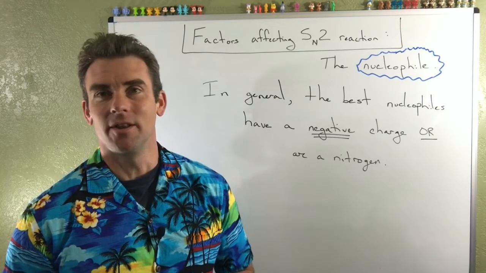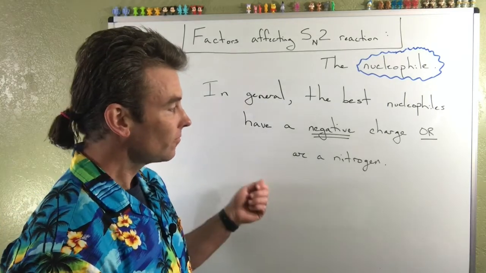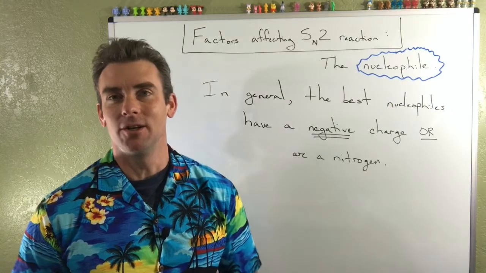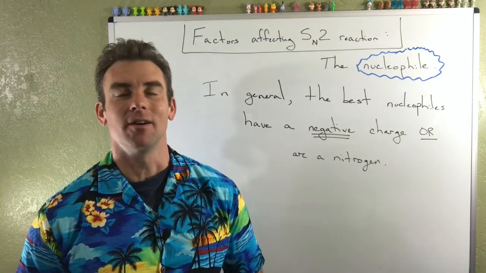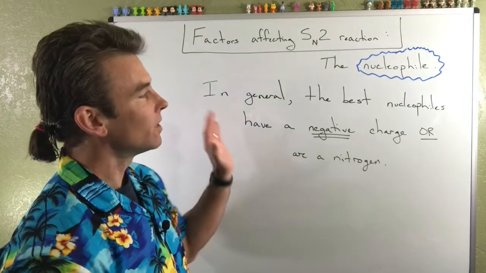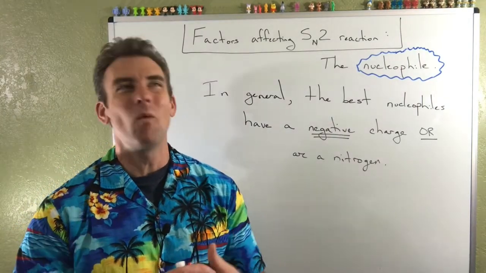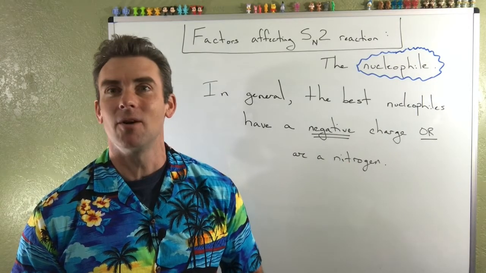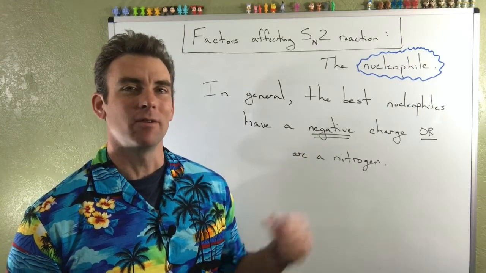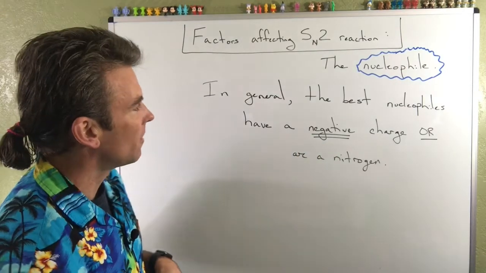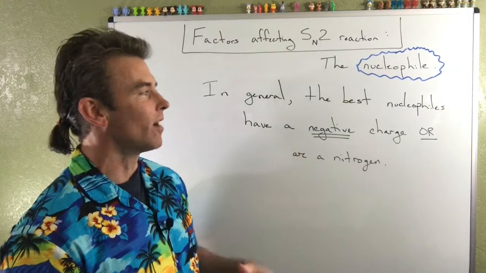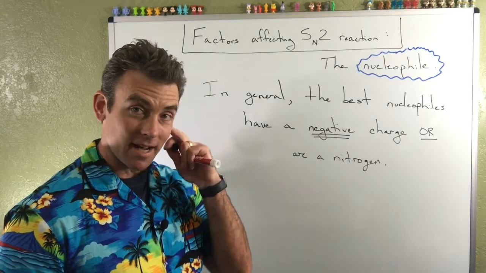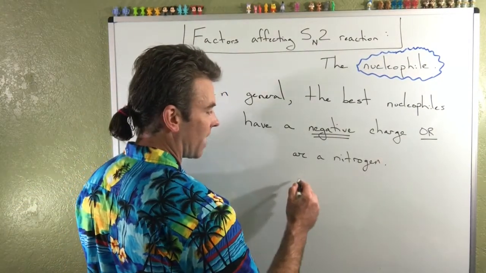They tend to be pretty good nucleophiles without even having a minus charge. And that just has to do with their kind of inborn reactivity. And obviously, if you have a nitrogen with a negative charge, holy crap, that's going to be a good nucleophile, or a phosphorus with a negative charge, or something like that. So that's really the first question that even when the world gets crazy and we have all these different competing reactions going on, this is really going to be the very first question that we have to answer. So what are some really good, let's just pick one, right? A good nucleophile with a negative charge. Probably the classic, or some things that we've already seen in previous videos. One from last term, for instance,